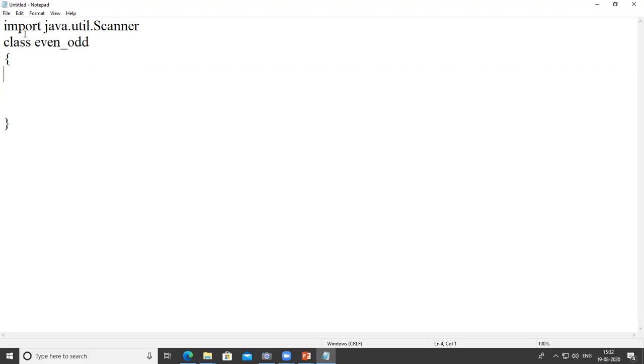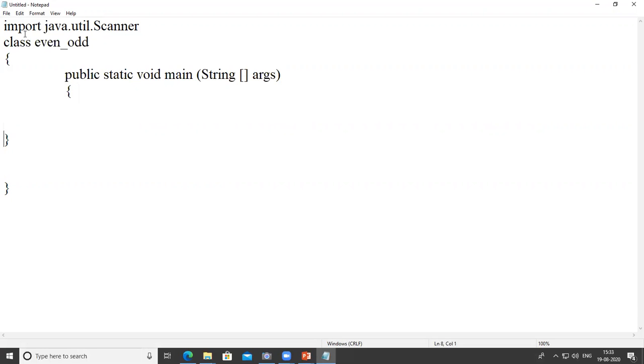First we write the main method here. Without main we cannot execute the code. So I write public static void main in bracket. I write String args argument variable.